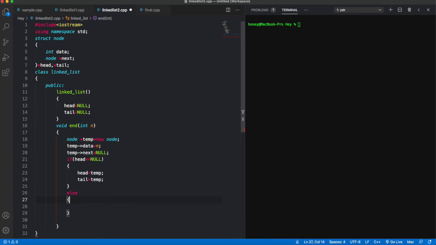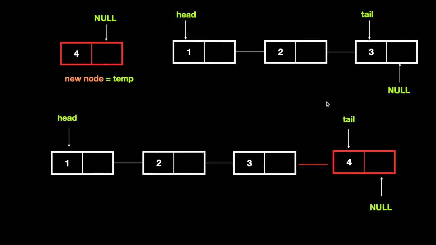Or else, if a node is already there, let's say this list is already there here, it could be 1, it could be 2, it could be any number of nodes after which we want to insert. So as you can see, this is the list after which we want to insert the new node. We want to insert after this node, right?